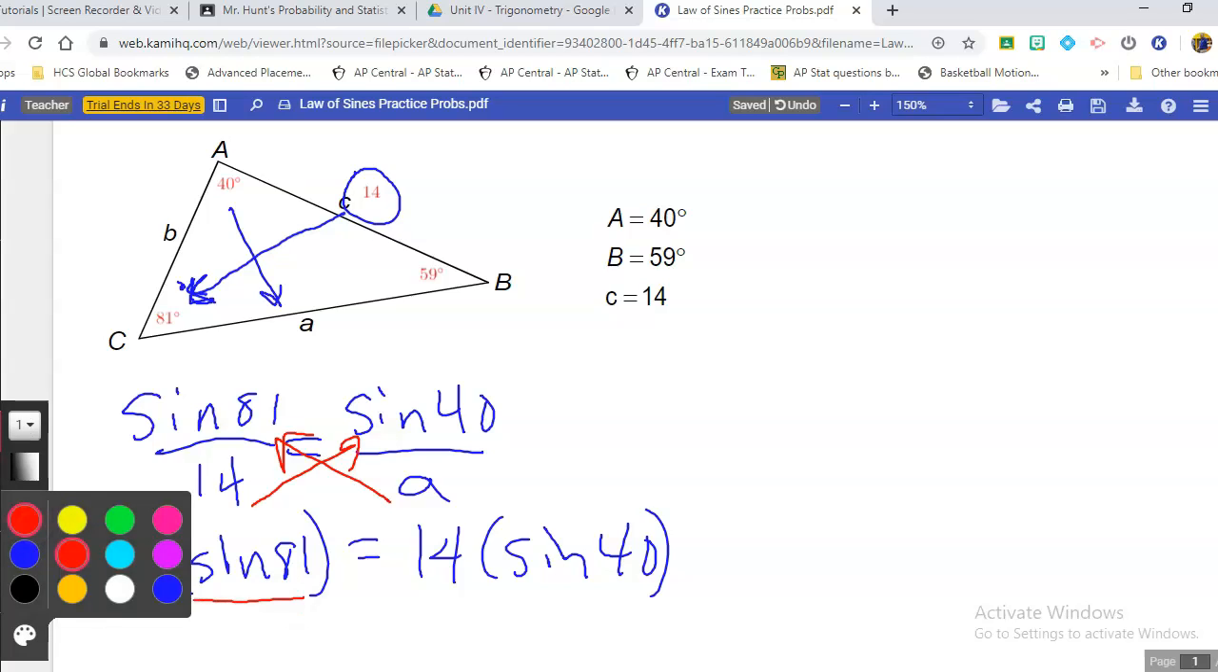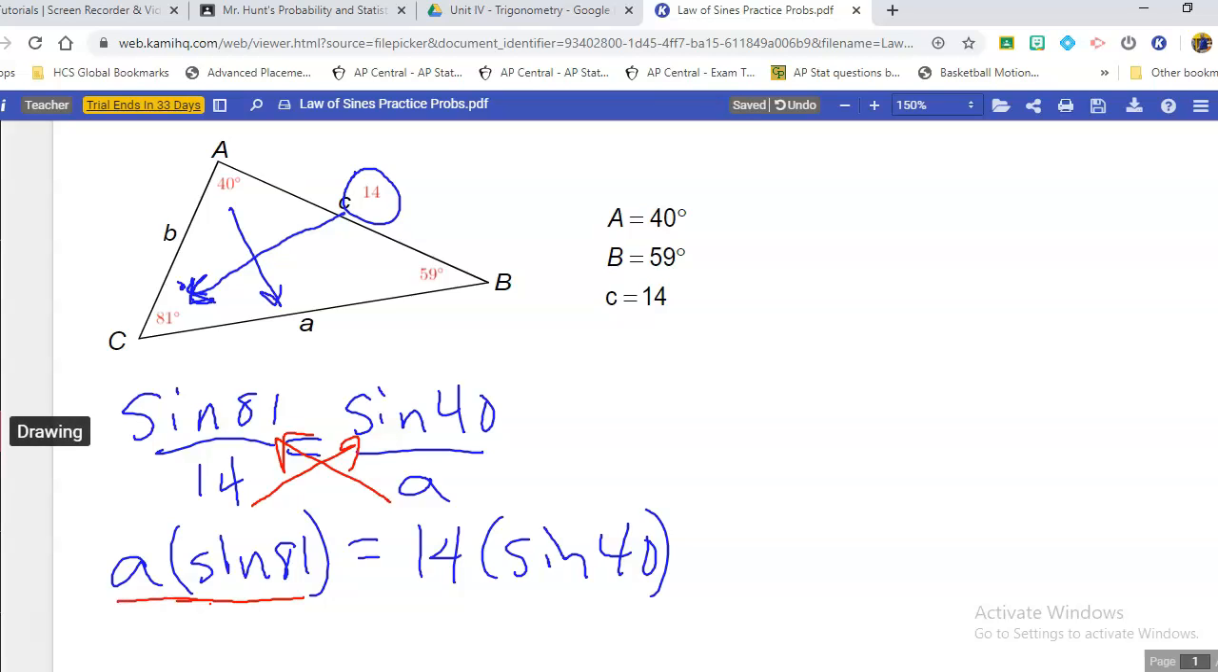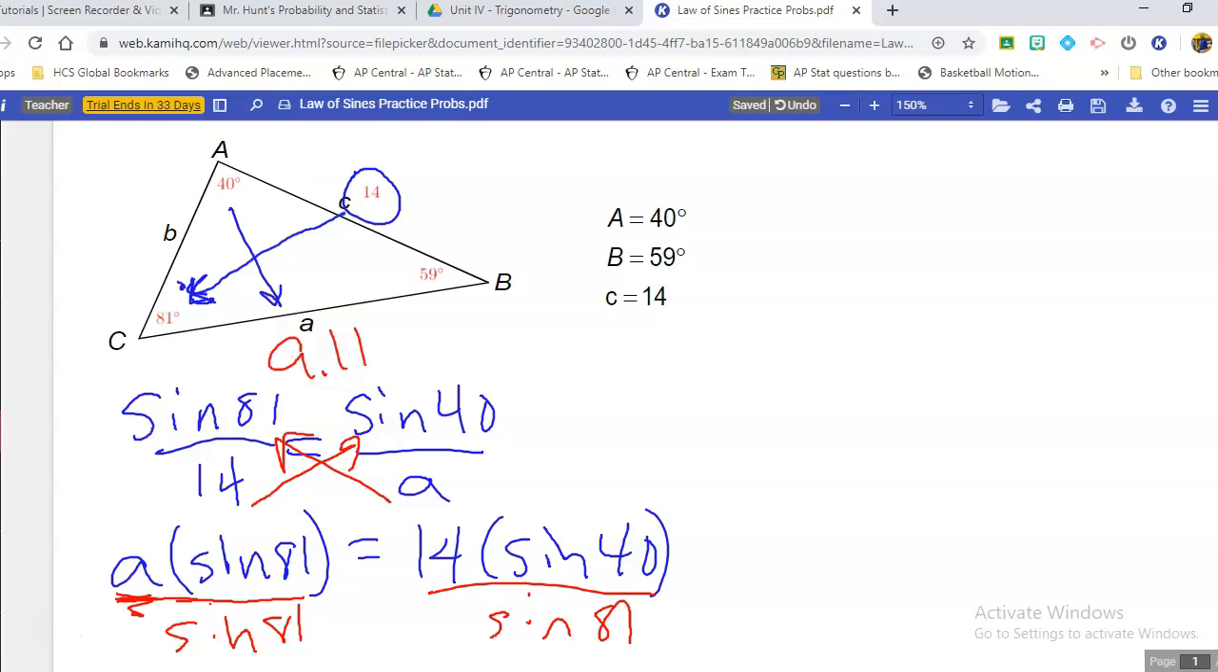So we're going to go back here, and we're going to divide by the sine of 81 on both sides, and that's going to leave this value of A by itself. So when we do that, we're going to find the length of side A is going to be 9.11 or 9.1, and now we have